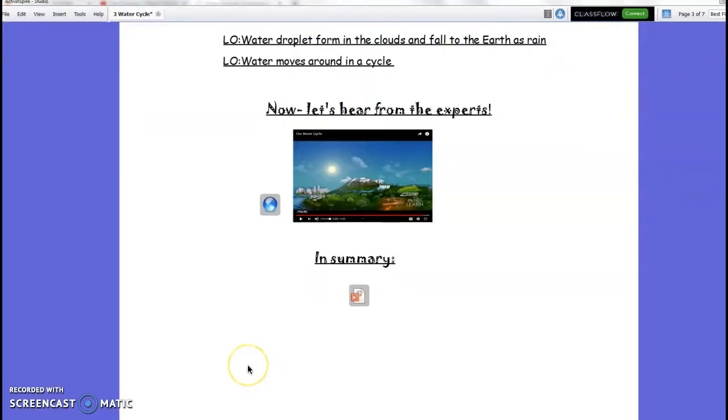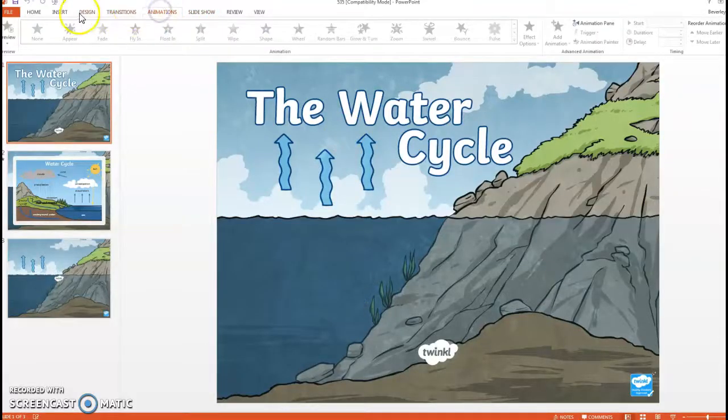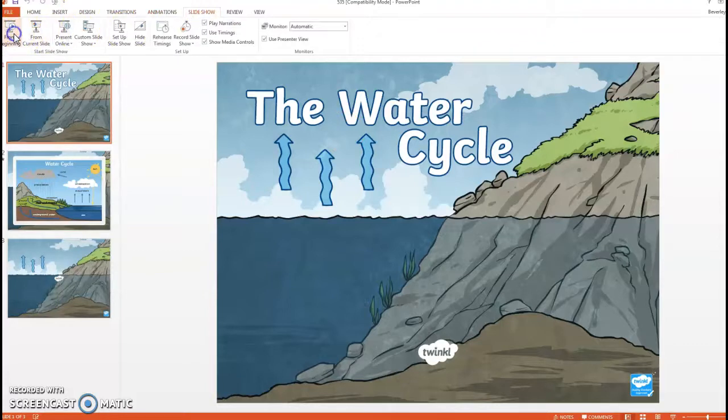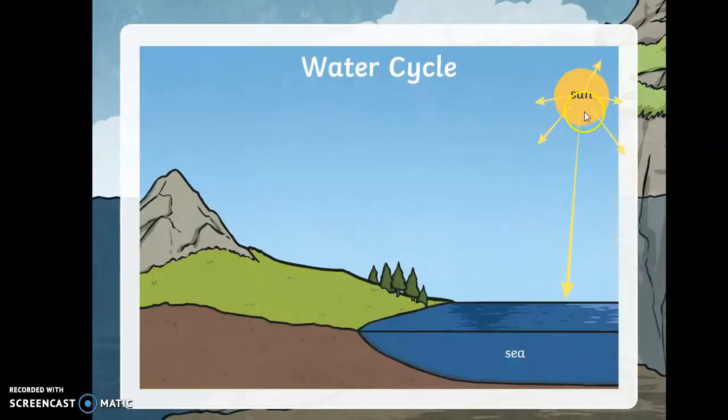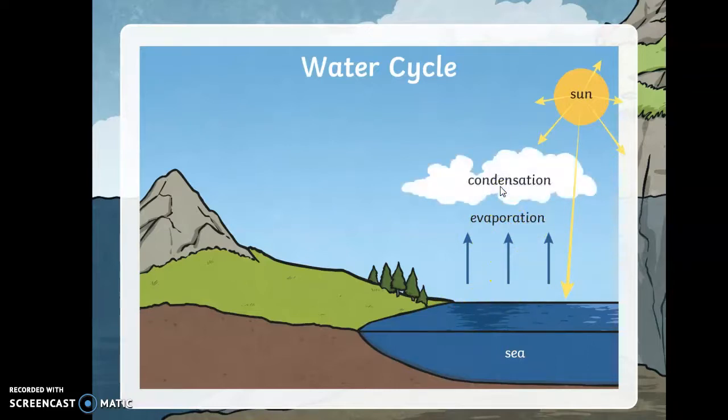Okay guys, so that was the water cycle. So just in summary, just to go through that a little bit simpler, we have the sun heating up the surface water, either in the sea or water here on land. And then we get evaporation, so that water starts to rise as a gas, so it's turned from liquid to gas form. It evaporates up and up. As it evaporates out, it starts to cool down and condense, and then we get the formation of clouds.